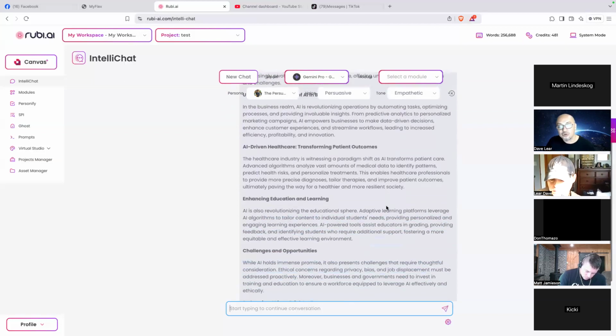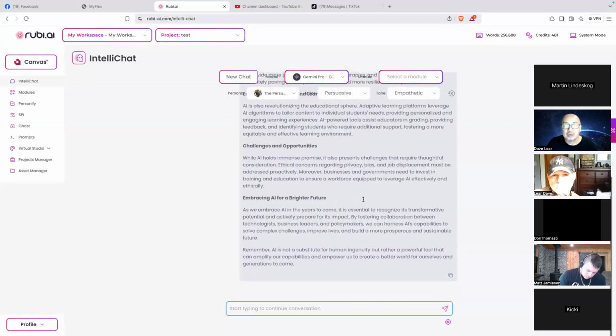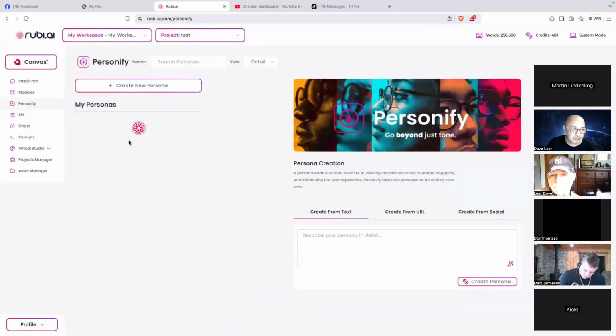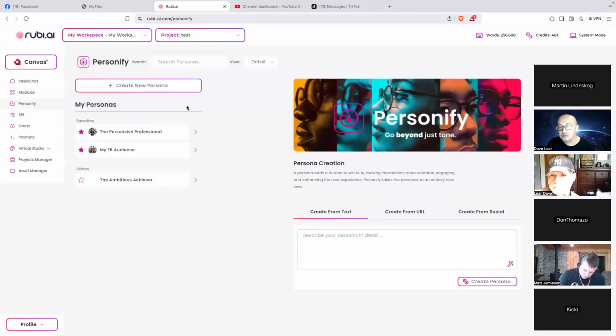Okay, you can do a lot in here in IntelliChat. We actually do even scripts, which you can even create books and everything. So there's just a lot. Okay, but what I did is just present to you how Personify is being used. Okay, so Personify is to personalize the personality that you want your chatbot to sound like.